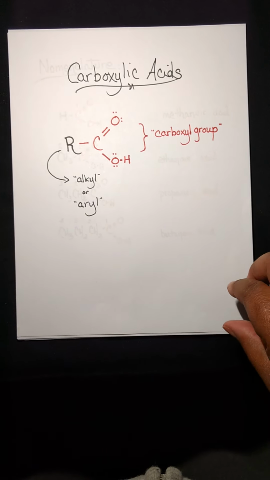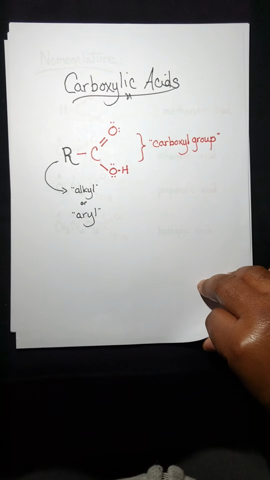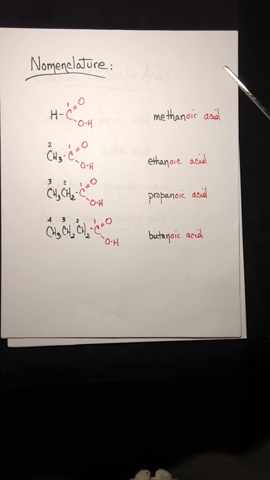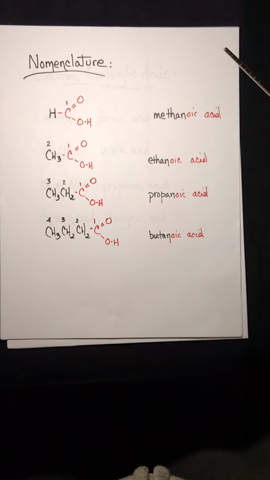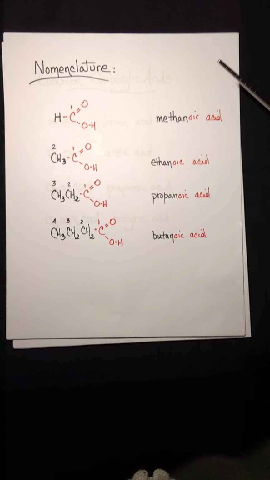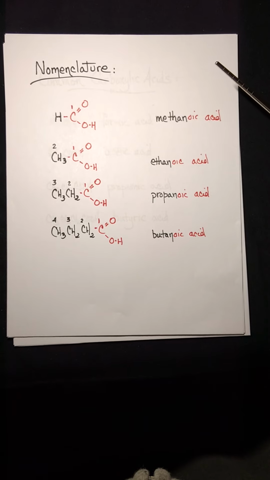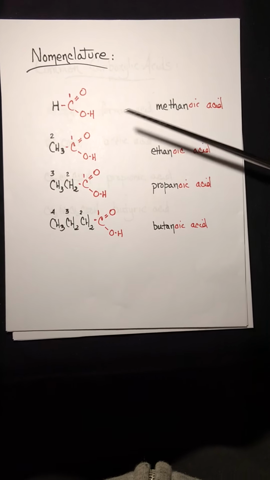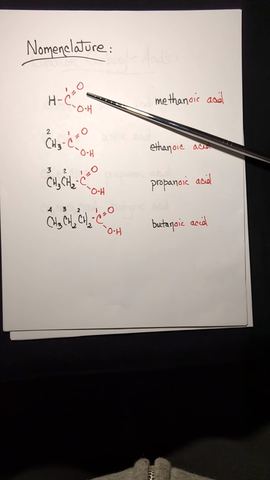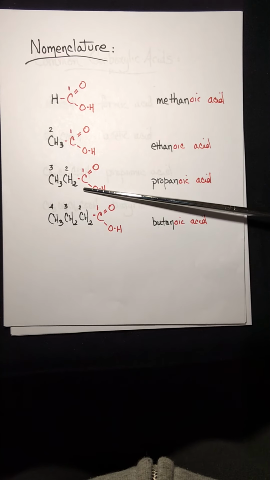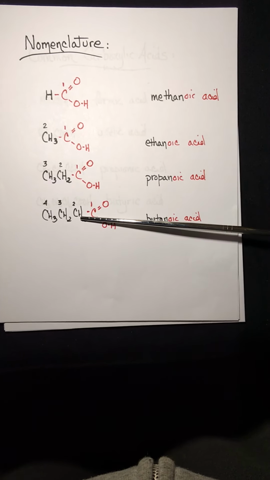So let's talk a little bit about nomenclature. And as expected, the nomenclature for carboxylic acids, as is the case with most of the compounds we've observed, depends on the longest continuous chain of carbons, in this case bearing the carboxyl group. So if you look at my examples, I have a 1 carbon, 2 carbon, 3 carbon, and 4 carbon